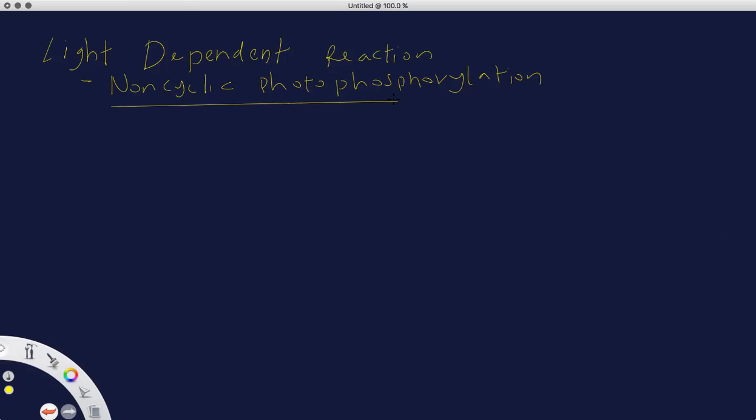Right, the light is required for the reaction. That means the energy trapped in solar light, sunlight, is used for this reaction. And what uses this energy? This energy is used for the photophosphorylation. And what is photophosphorylation? The phosphorylation is